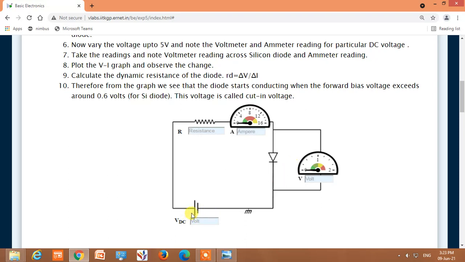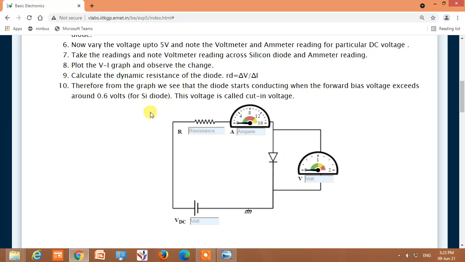Keep on increasing the forward bias voltage to around 1 volt or 2 volts or 3 volts. The current will keep on increasing to say 15 to 20 to 25 milliamperes, but the voltage across this diode will never exceed 1 volt. It will always be less than 1 volt.